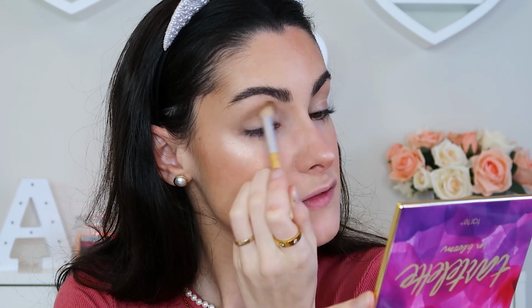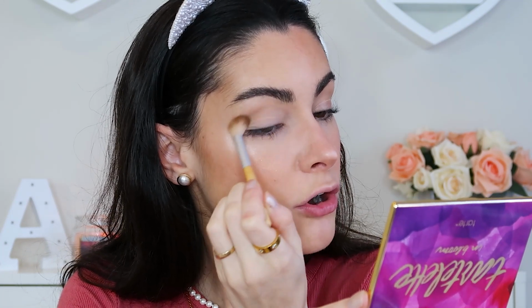I'm just not really going to tell you all the shades I'm using, because that'll just get too complicated, but I will use the matching shades from each palette so you can get an idea of the look that you can make, and they're both the same. Like I said, obsessed with this eyeshadow palette. I use it all the time. It's my far and away most used eyeshadow palette, hands down. Just a phenomenal